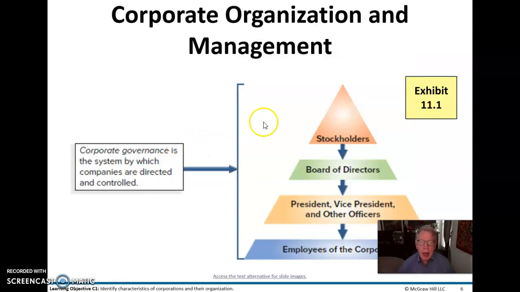Okay, so how are corporations organized and governed? Corporate governance is a system by which those companies are directed and controlled. The stockholders are the owners, and through vote, in proportion to the number of shares that the stockholders have, they elect the board of directors. The board of directors then appoints and hires the officers of the corporation, and then those officers hire employees of the corporation. So that's the